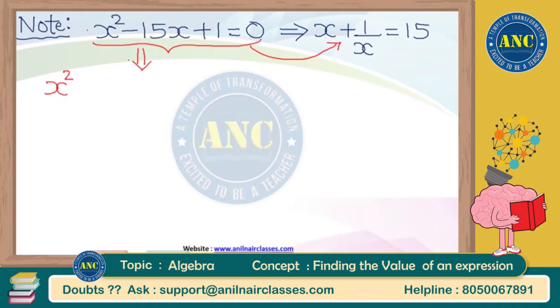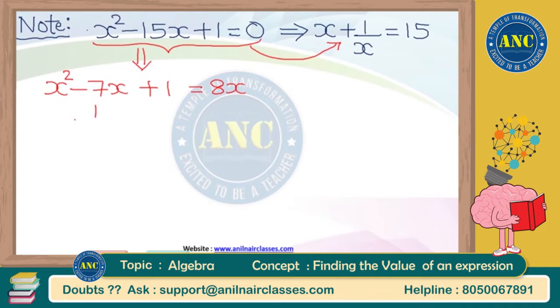X square minus 15x, that minus 15x I will write as minus 7x minus 8x. That minus 8x I will shift to the right side and plus 1 I will write as it is. Why did you do all these things? Some manipulations I am doing. There is no rule that 15x should be written as 7x plus 8x itself. You can write 15x as 5x plus 10x also, right? Just an example I am saying, sir, before coming on to problems.